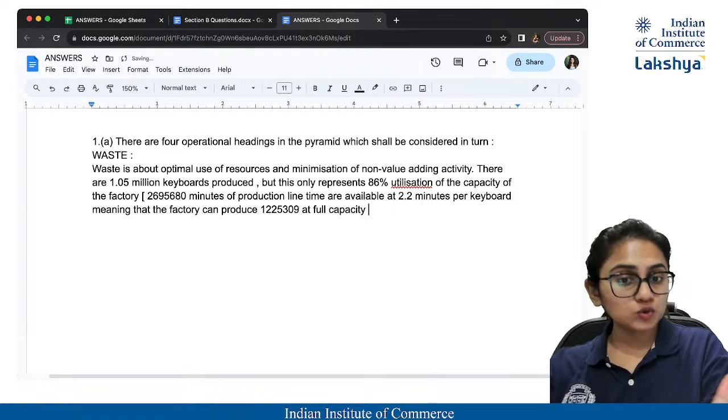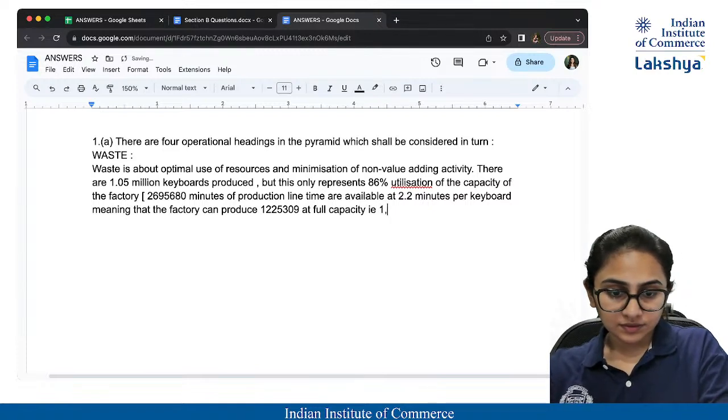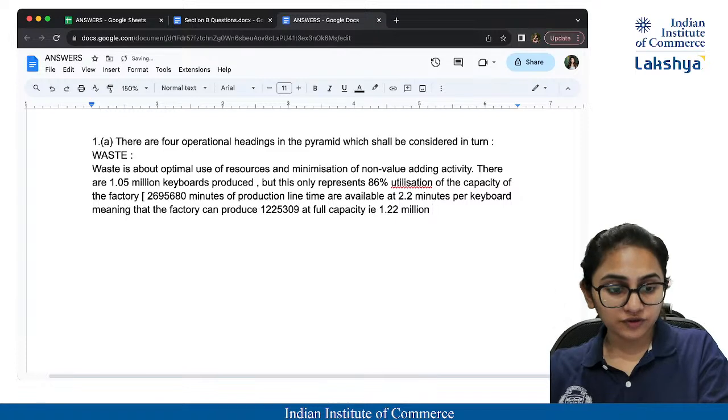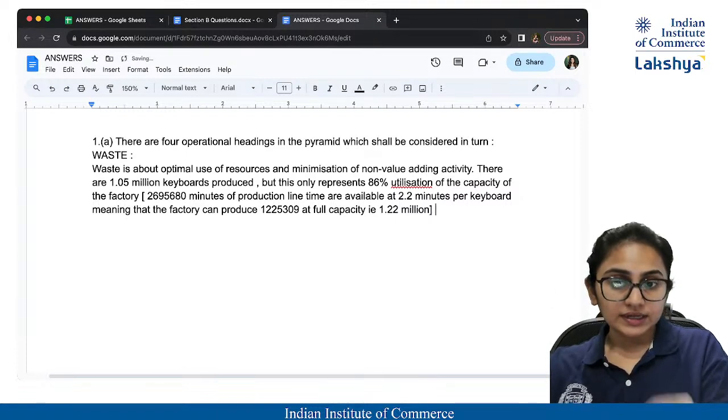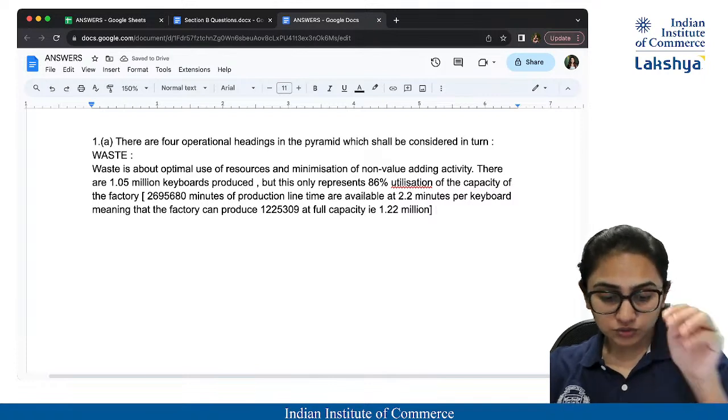That is 1.22 million approx, and of which we are doing only 1.05 million, that is we are doing only 86% utilization. Okay,